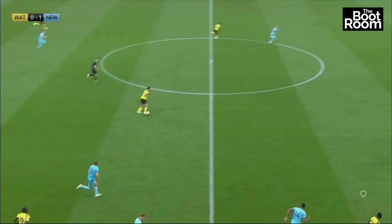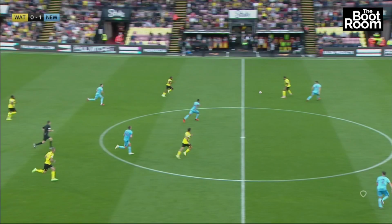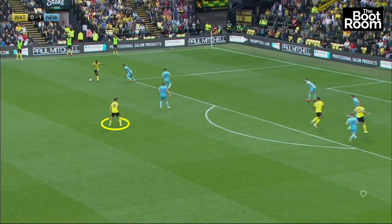Before the ball arrives, Tufan is surveying the pitch, so he has already made the decision to drive up the pitch with the ball before passing the ball to a teammate. He continued to find space by doing what others did not. Here, with a break on, he checks his run to provide the ball carrier with another passing option. This was simple but hugely effective and allowed Watford to get a hold of the game,